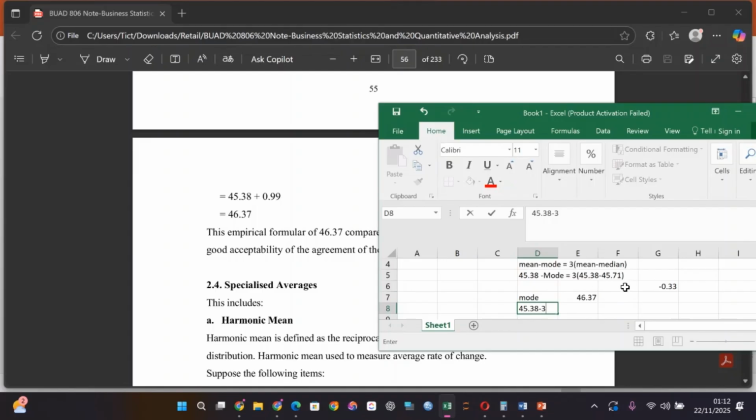So that means it's supposed to be 3 open bracket minus 0.33, right? So what I will do next, I will say equals to 45.38. Let me do this first step. I can say equals to minus 3